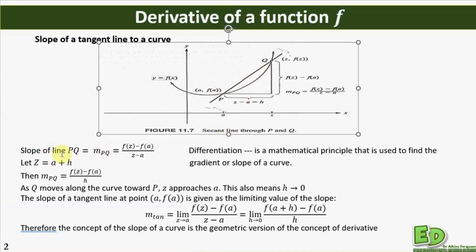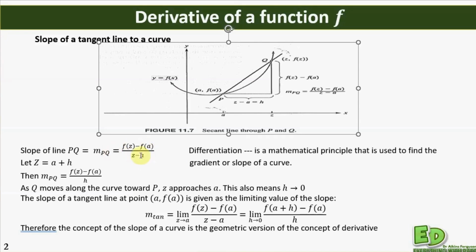The slope of a line PQ is equal to the gradient, or the slope of PQ is equal to f of z minus f of A. Right, it is the same idea. So I could say this formula is the same as changing y over changing x, where the change in y is y2 minus y1 over changing x, which is x2 minus x1. Here, y2 is f of z, and then y1 is f of